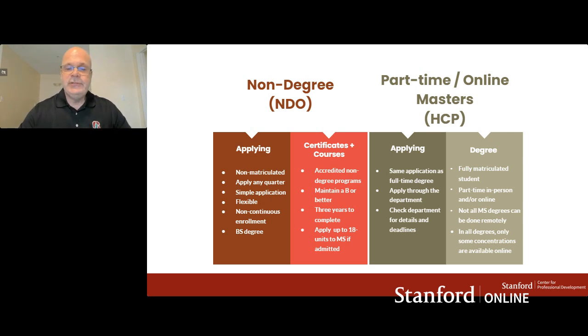The difference is, if you apply and elect part-time, you would be considered a part-time student where you can attend classes, lectures, information sessions, and office hours in person or online. That's your choice. So it's kind of like hybrid, right? You can come to campus if you wish, or if you want to be remote, that's totally fine as well. If you want to mix it up and do remote one quarter and in person the next quarter, you can do that. That's your right to do that, okay? But you do have the ability to study in person or online.